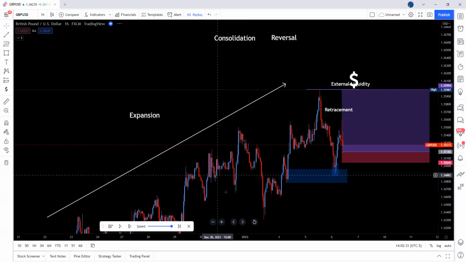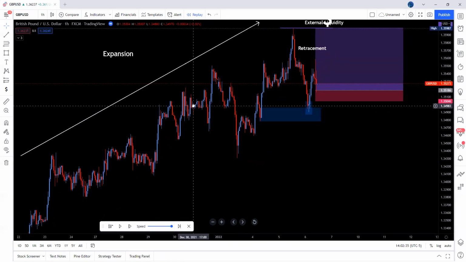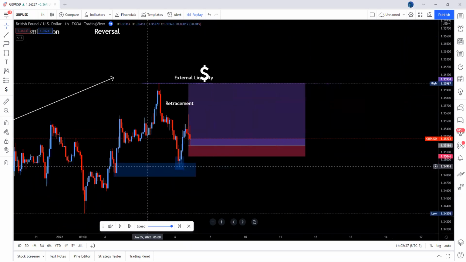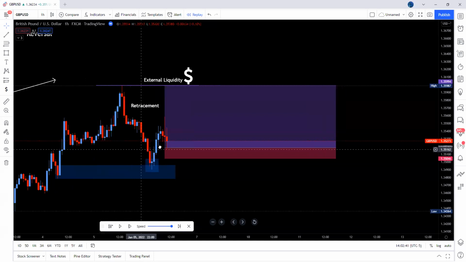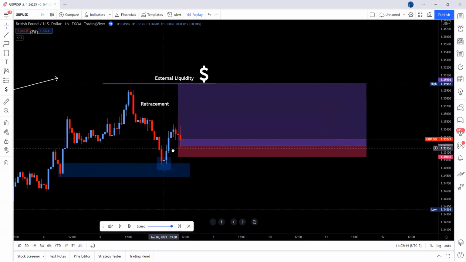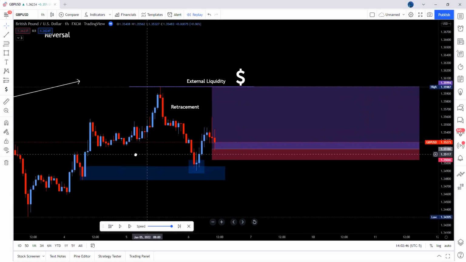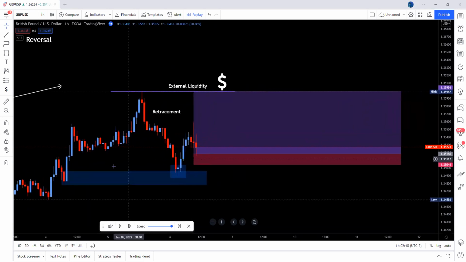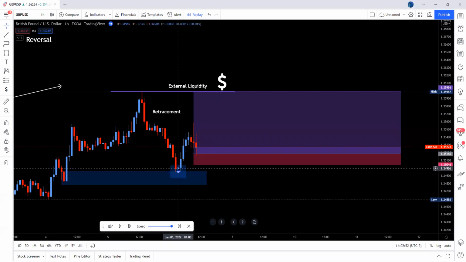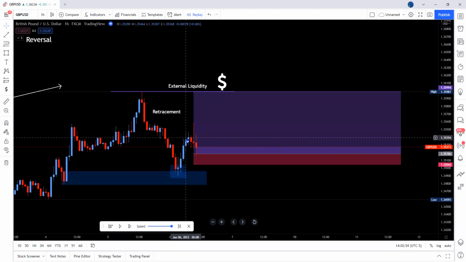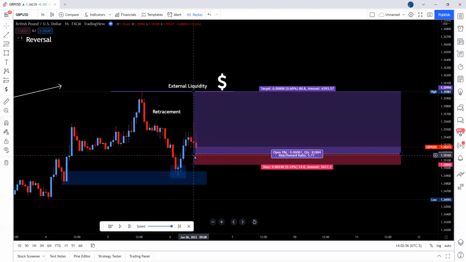We know that our bias, don't forget our bias. We're in expansion, so our bias is going to be bullish. So any retracements, any bearish action, we're going to consider retracements. We're not going to consider it as a reversal. So since this order block is valid, as shown by this significant reaction, we can expect further buys from within